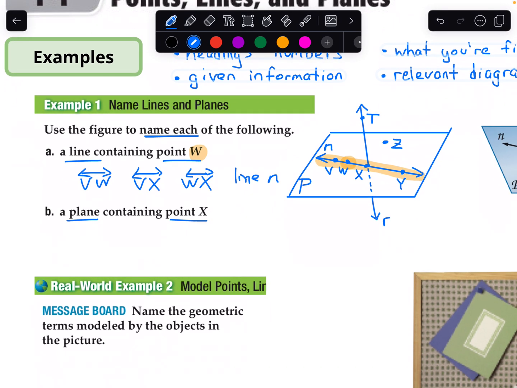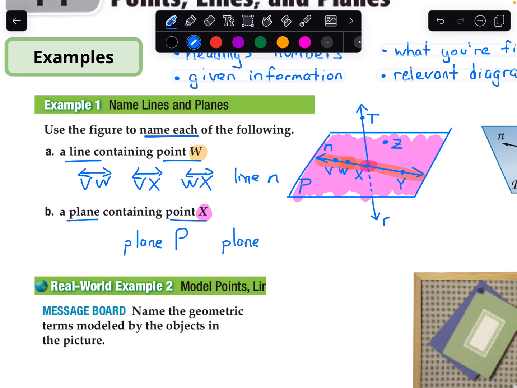B, a plane containing point X. Well, point X now is, I meant to use the highlighter there. Let's go highlight pink. Point X is right here. And the plane that point X is on would be the entire plane as part of our diagram, or the only plane in the diagram. So the easiest method would be to call that plane capital P, or we could also use